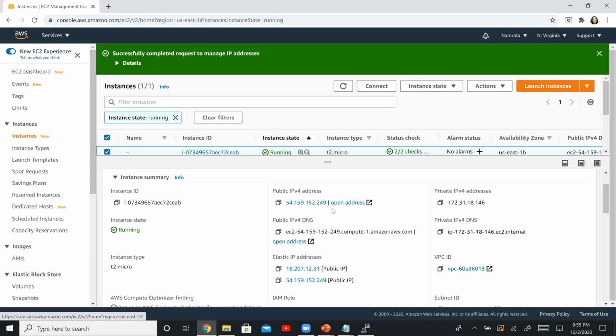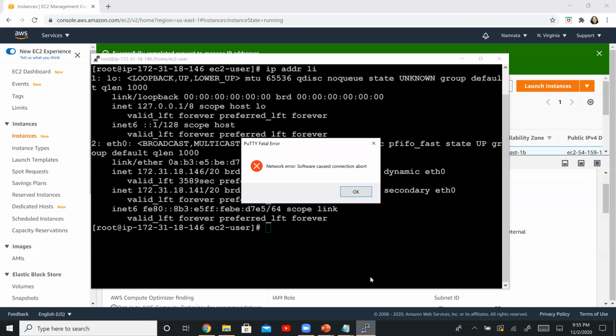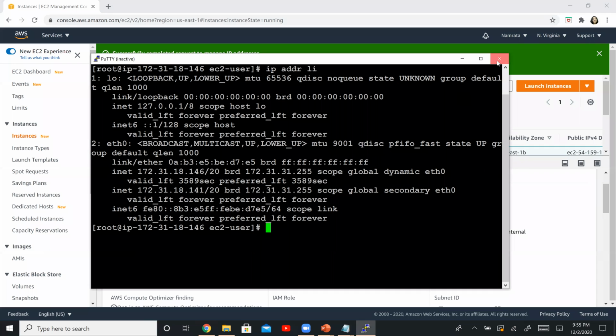So your original public IP that you used to SSH into your EC2 instance has been replaced by an elastic IP address. Now copy either of these elastic IP addresses. Let me copy the first one. The old one is no longer valid.